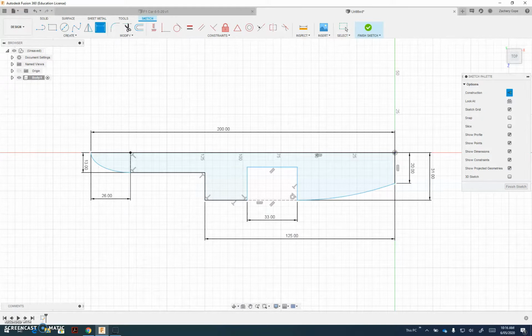We'll select finish sketch when we're done. Top right corner, you can click on the home button and you click save, and let's call this one F1 car body,